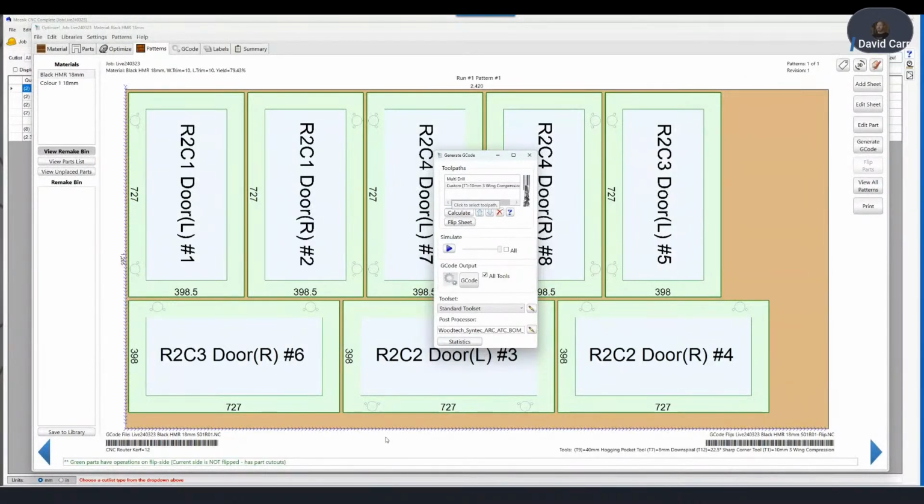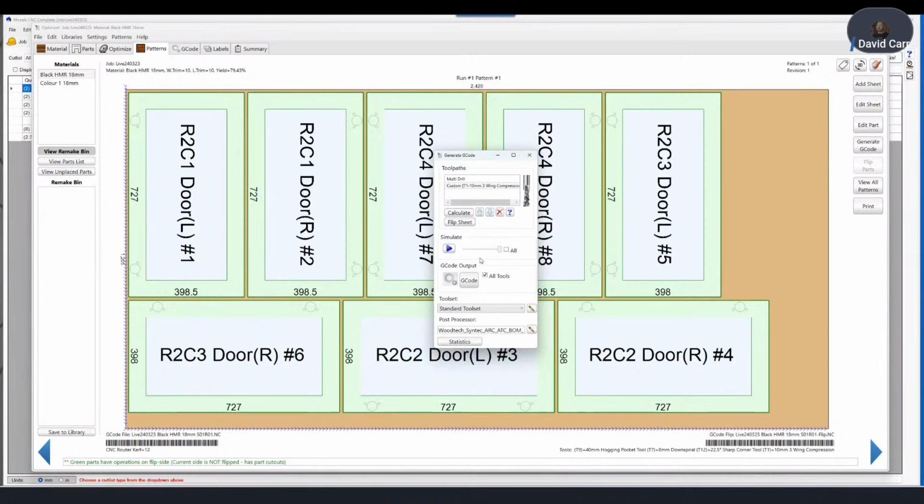The reason I recommend overestimating the sheet length is this tool is actually going to stop right on the edge of that 2420. Now, if you've estimated 2410 and your sheet's actually 2415, you're going to have a little tiny notch at the end there that's not going to be trimmed away. That's why I recommend overestimating the length, so you can definitely make sure you're trimming enough away to clear that